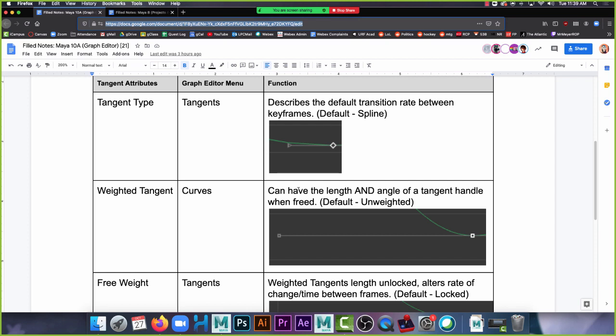What does that mean? So the angle is changing basically the acceleration and deceleration into that point in value at that time, I guess, because it's, I would say space, but rotating doesn't really count that. But you can also change how long or short that change in acceleration or deceleration takes. If you have a really long handle, you can affect it for a really long period of time. You have a really short handle, it will only tweak it a little bit. So if I take a look here,